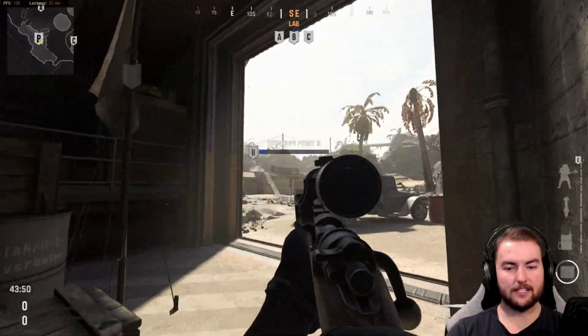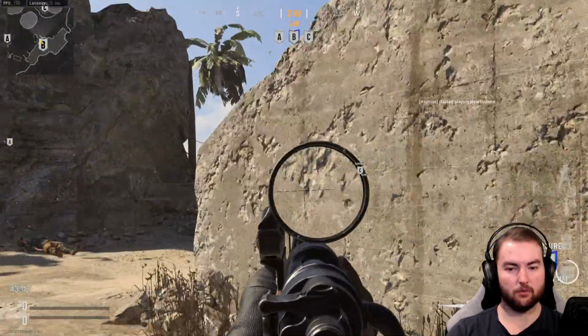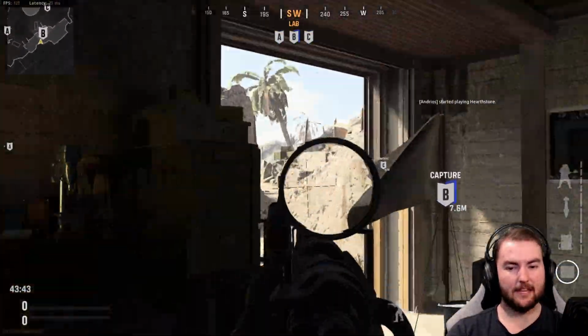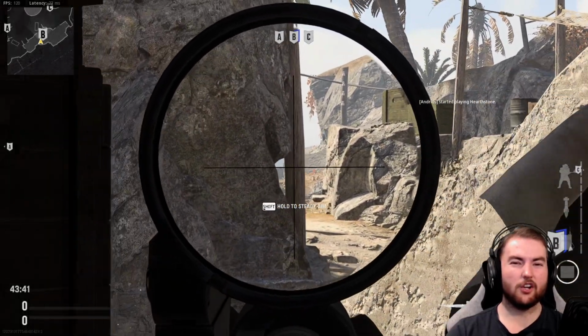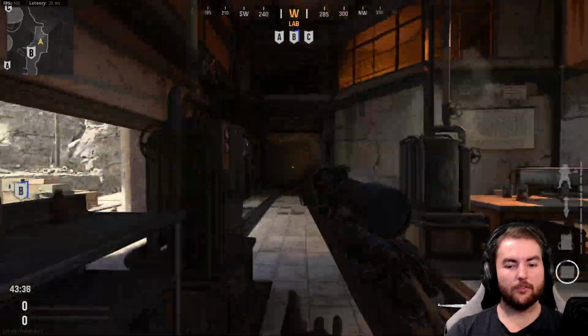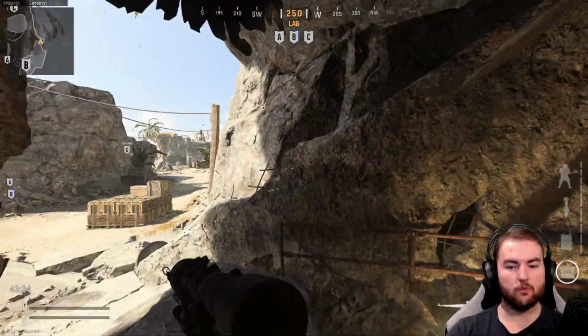But as you can see, the B flag does let you see towards the A flag and then towards the C flag while you're capturing it. You can move around this building and then see towards the C flag-ish. You're not going to get a clear sight on it because it is, again, very far away and this map is quite large. So we'll walk through the factory style building here